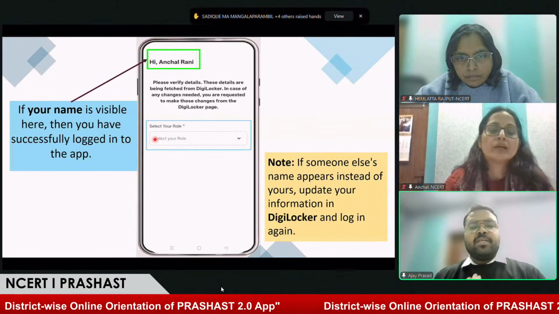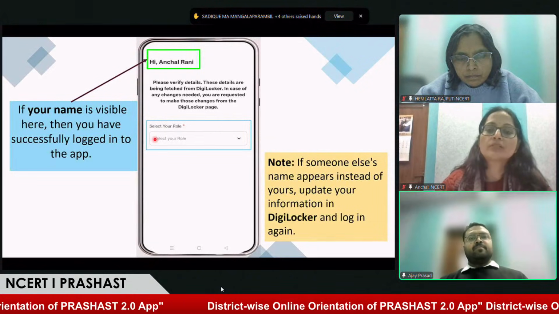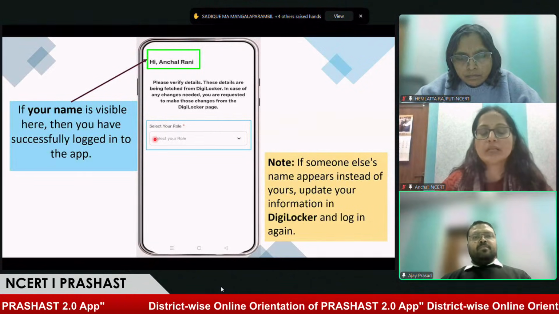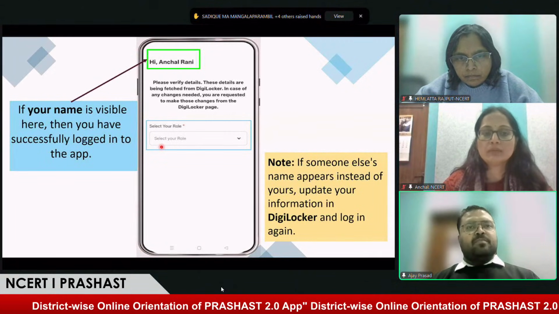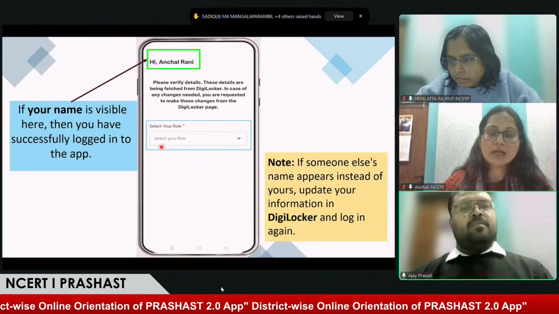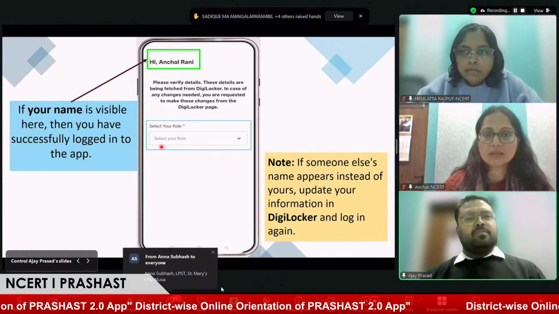Ajay sir, tell us how we can download the application for both devices, iOS and Android, and how we can log in to the application. We have two options in Meri Pehchan: one is Aadhaar and second is Aadhaar mobile. You suggested to preferably use Aadhaar to log in, ma'am.